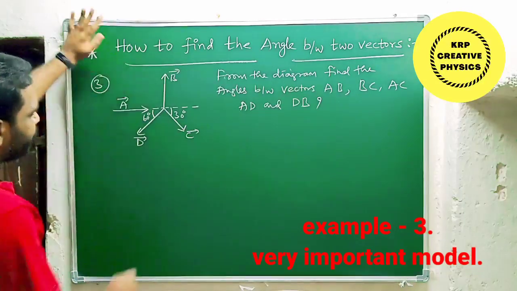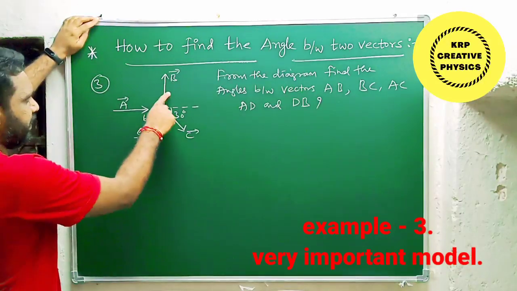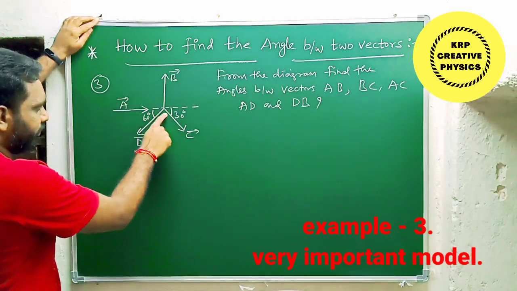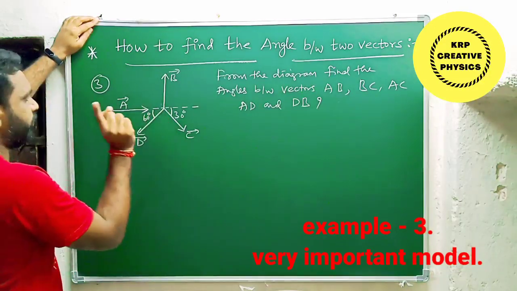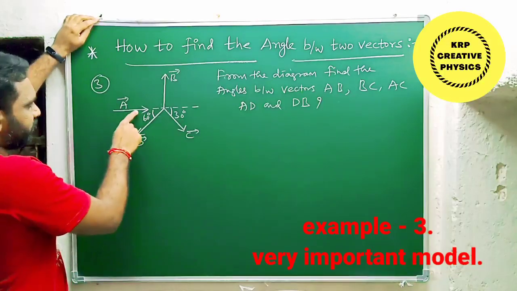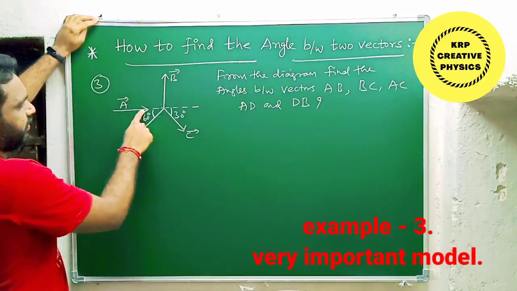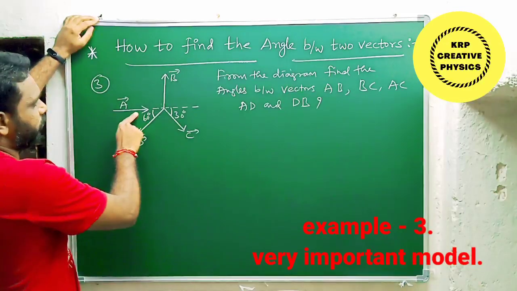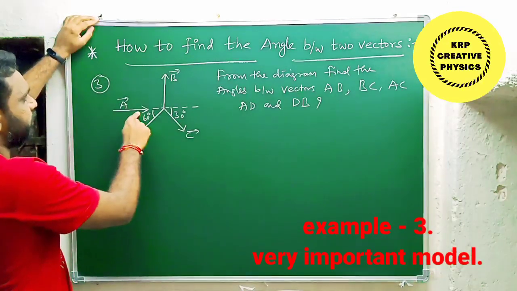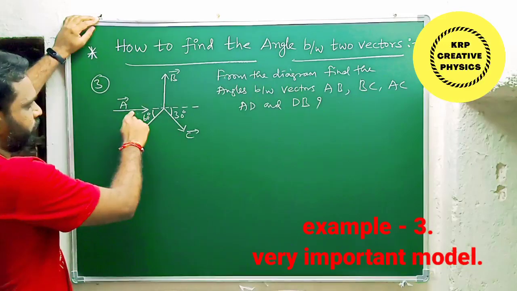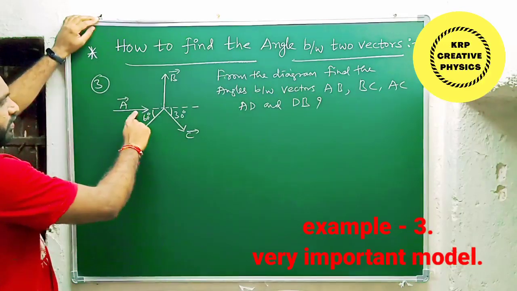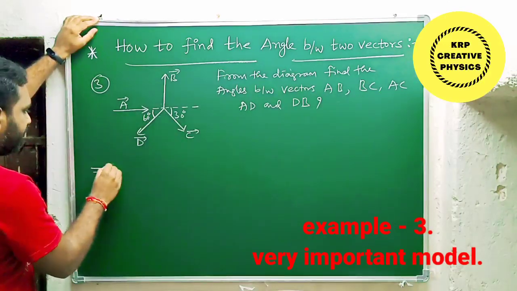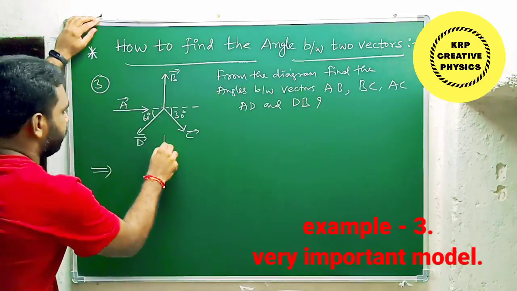These three vectors B, C and D are okay. Why? Because tail to tail, tail to tail, tail to tail. But the problem is with vector A. Here its head is there. So what we need to do here, according to the parallel shift, is change its position. We need to change the position of A, or else we need to extend vector A. If we redraw this diagram, we will get the solution.